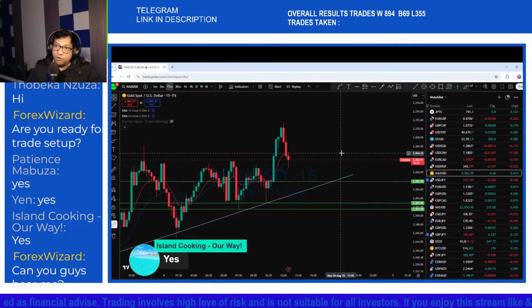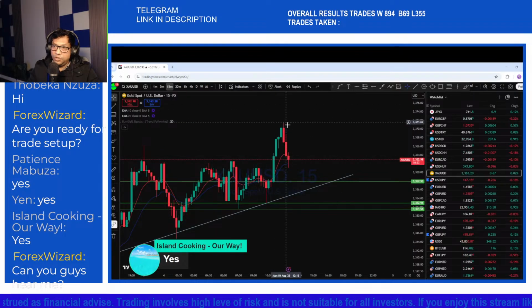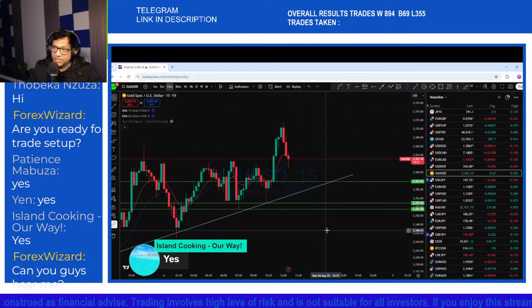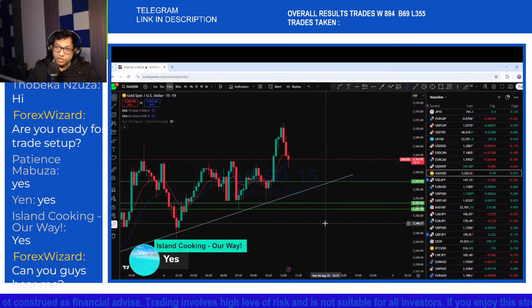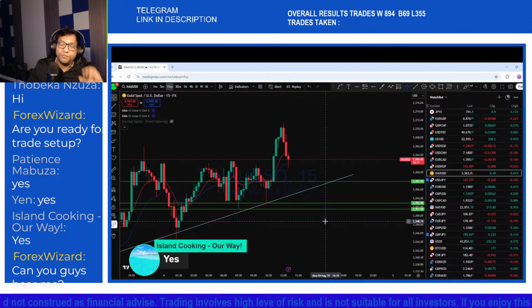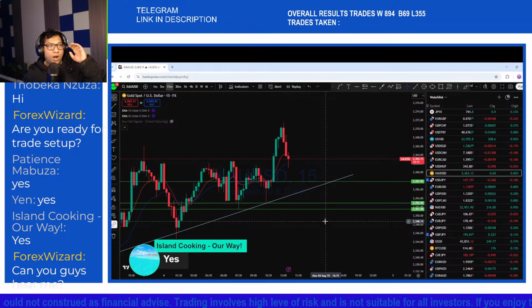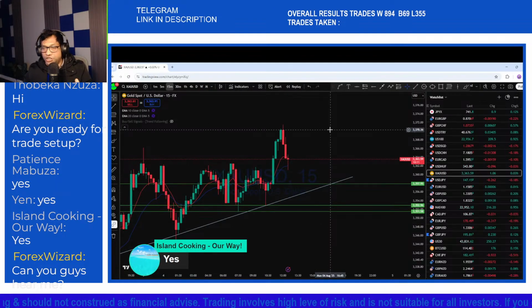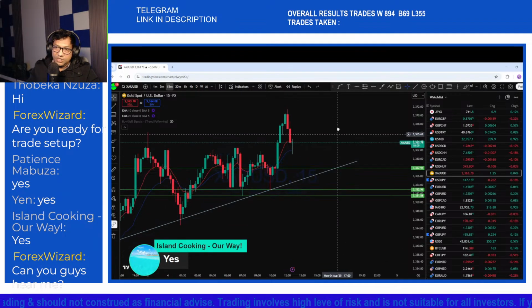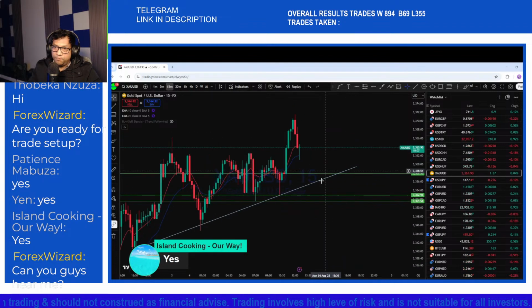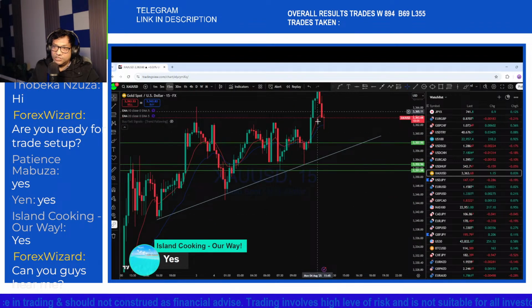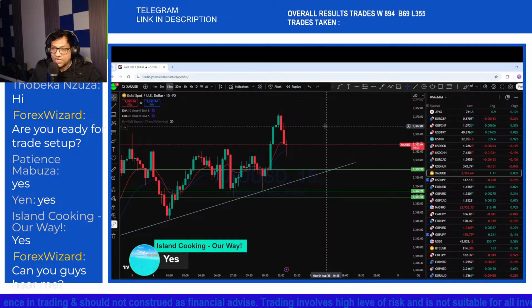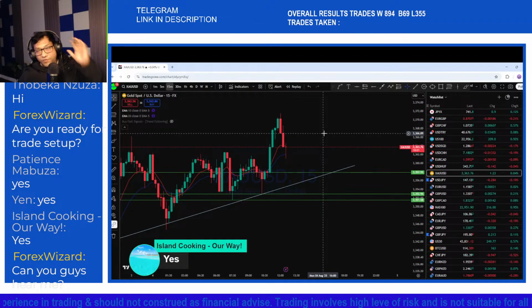Here is a drop here on XAUUSD, and you can see the market is maintaining this bearish move to the support level. It's a long-term bull market, so our aim here is to look for a bullish entry in this market from this key level of support. And you see the price was maintaining that series of higher lows. This is the 4 hour time frame and 15 minutes time frame.